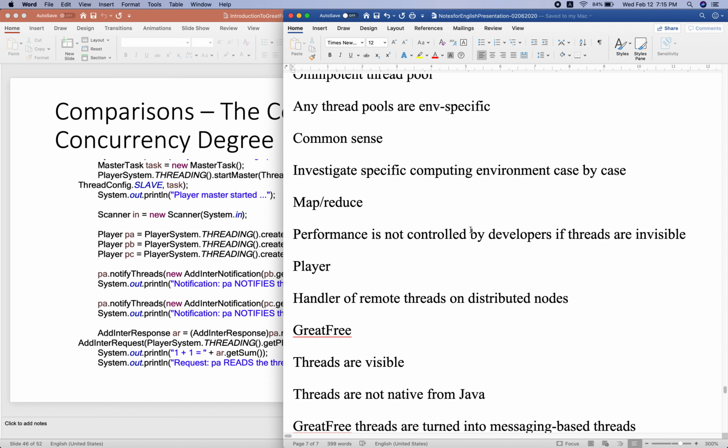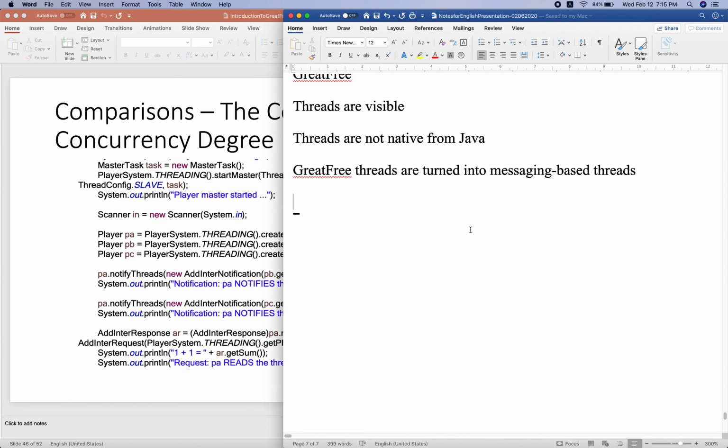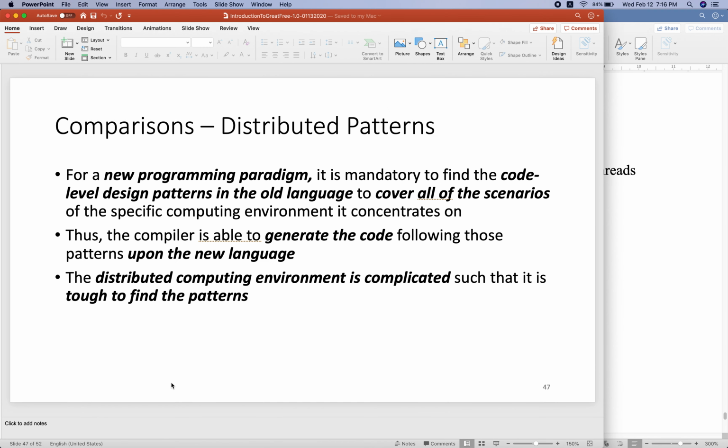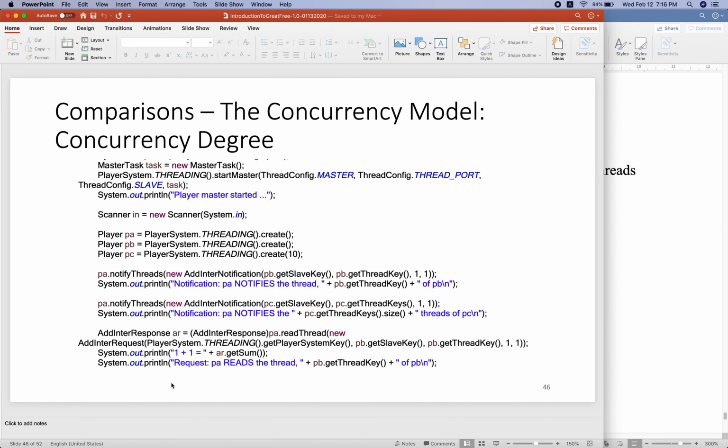They can design high quality thread pools to support high quality distributed systems. Threads should be visible, but these threads should not be native from the traditional system. We need to upgrade the traditional thread to a messaging-based one. So that's a very important comparison, right? This is the second one.